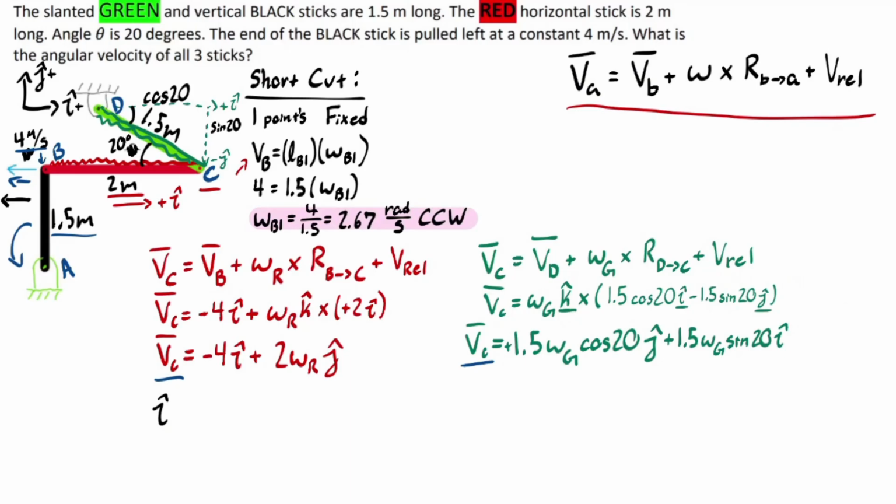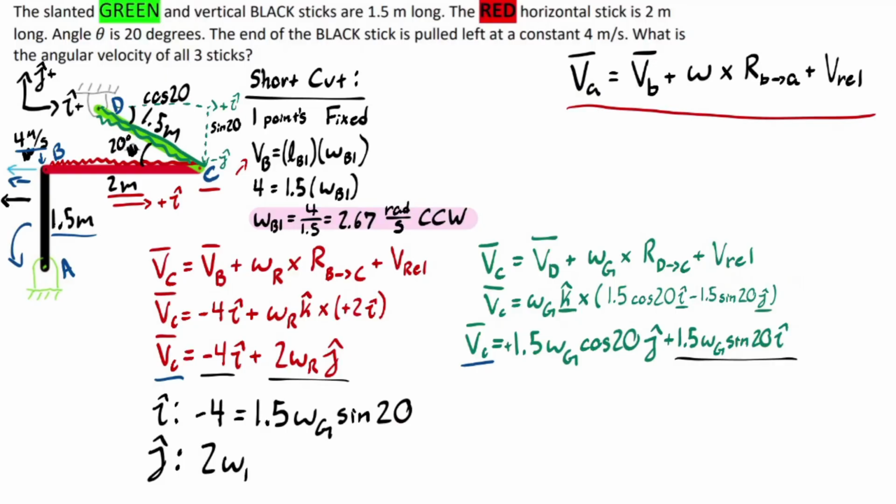So in the i component, right, I have this term right here. So I have negative 4. And that's equal to the other i component. So this term over here, which is 1.5 times WG sine of 20. Okay, easy enough. And then in the j component, I have the other term, right? So I have this j term,